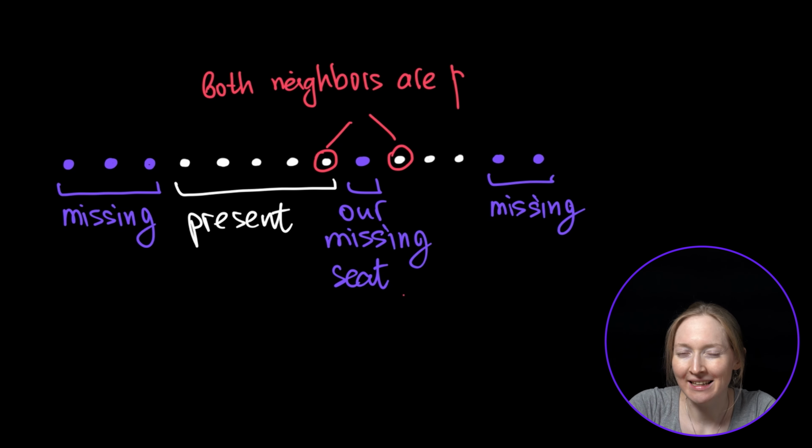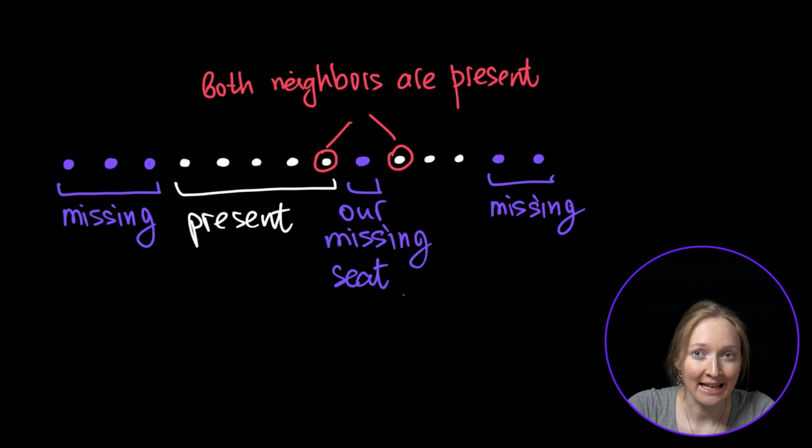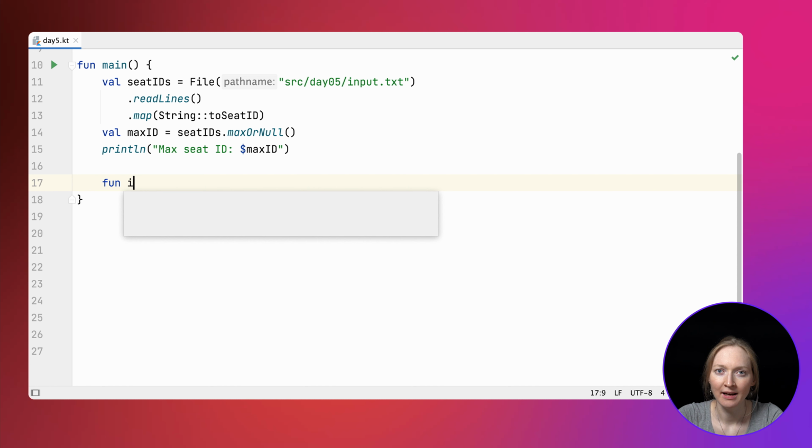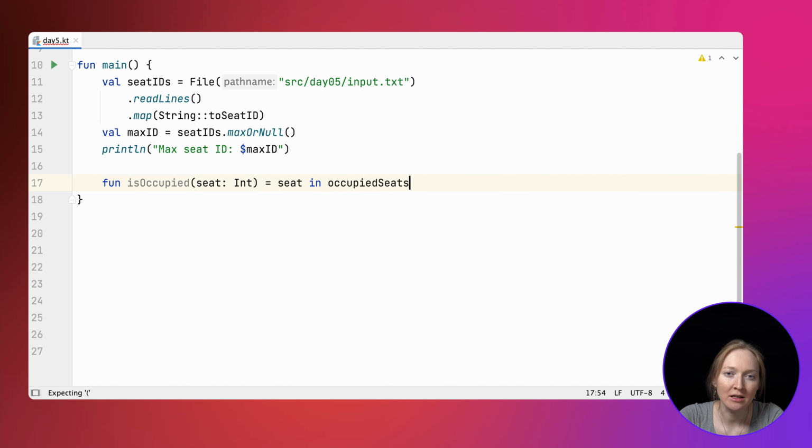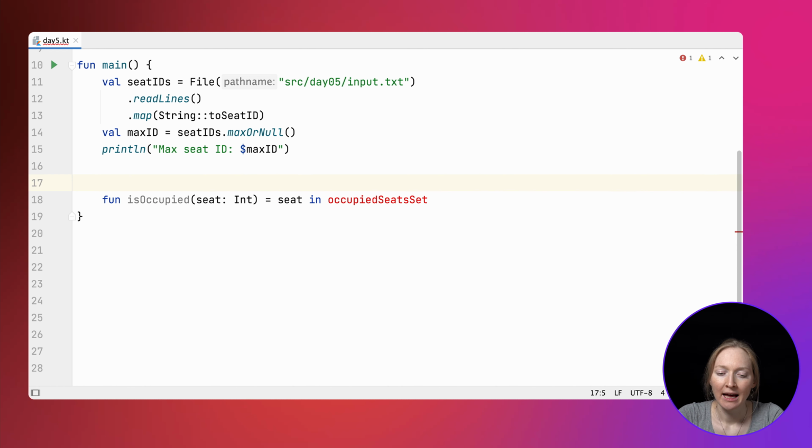We can check exactly this quality, that the seat itself is missing, in other words, not occupied, but both its neighbors are occupied. To make our code more expressive, let's add a function checking whether a given seat is occupied. It checks that the given seat index belongs to the list of seat IDs. To make this check fast, we convert the given list to a set.